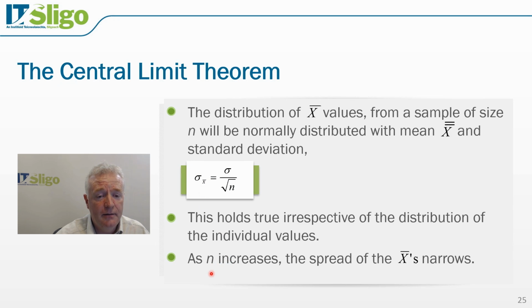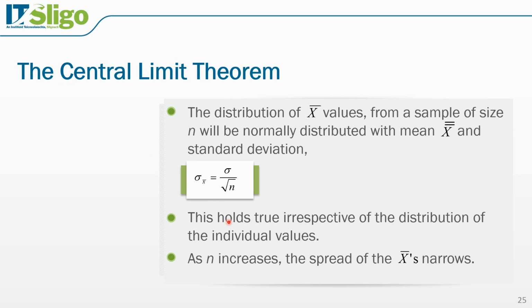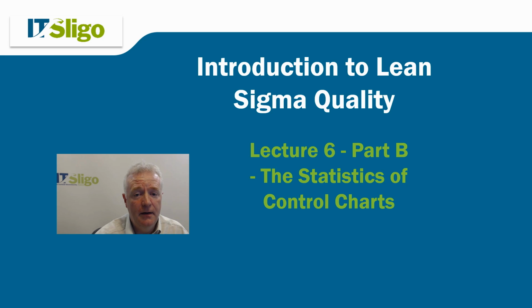So what it implies is that as the number of samples that we accumulate together and then average increases, the spread of the averages will actually decrease. This concludes Lecture B on the